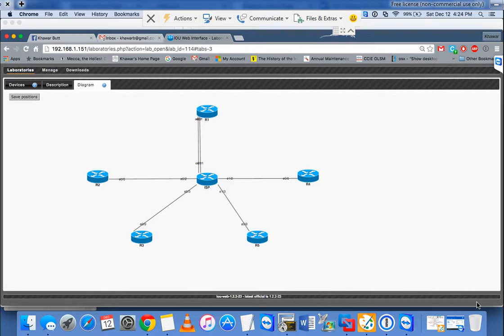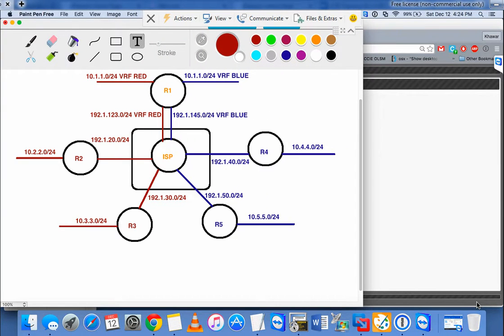In this particular video, we'll be taking a look at VRF aware VPNs. In this setup, I plan on looking at a couple of VRFs connecting my multi-tenant router, router 1, which is connected to two different VRFs on the inside, VRF red and VRF blue. It is connected to the ISP using a VRF Lite setup where R1 has two interfaces towards the ISP. One is connected via VRF red